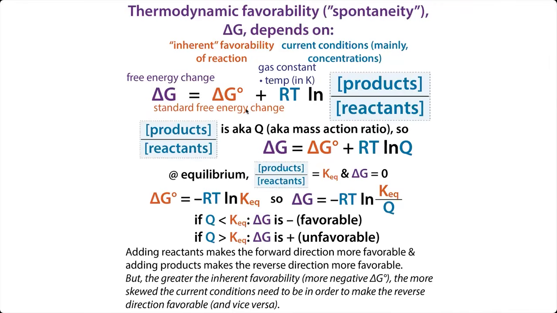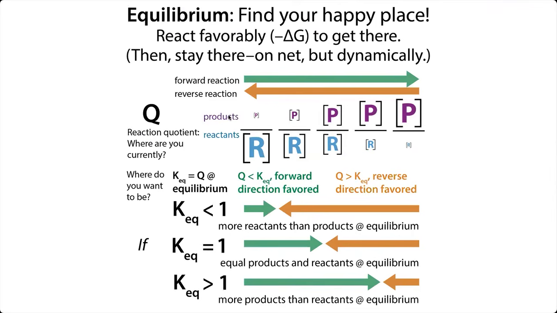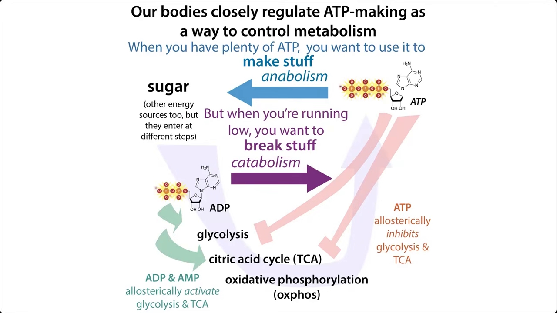Because remember, the delta G naught is telling us about the standard conditions where we had 1 molar of our products and of our reactants. So we're starting here. Instead, we're going to have a lot more of our reactants. We're all the way over here. We're further from equilibrium, and our equilibrium was already going to be further over here. And so the further we skew conditions to the left, the more we make it so that the reaction is going to give us energy going to the right.